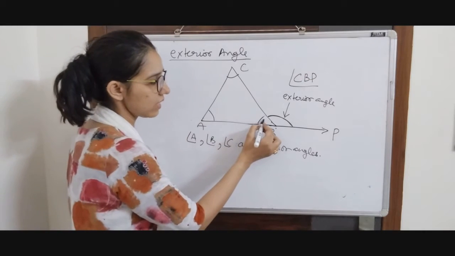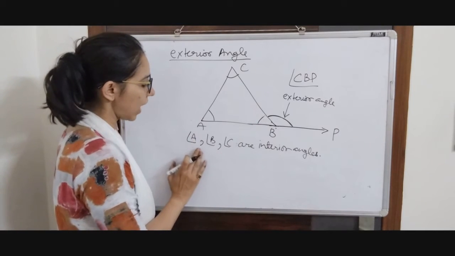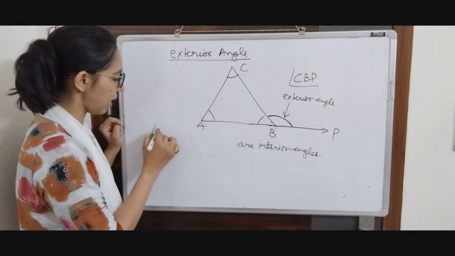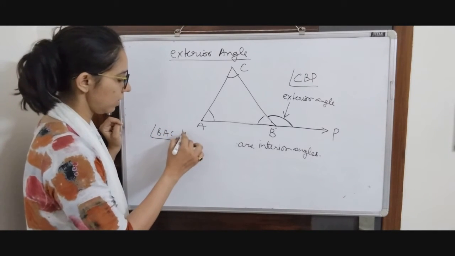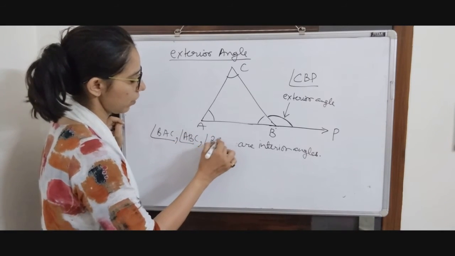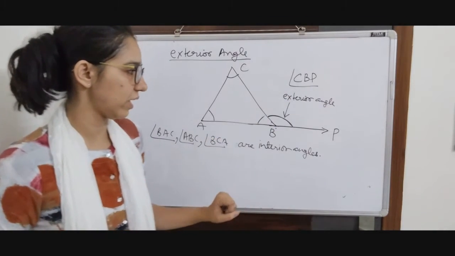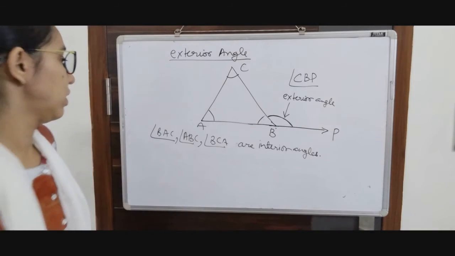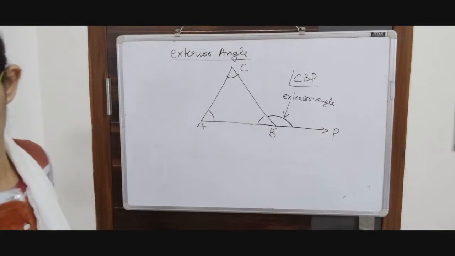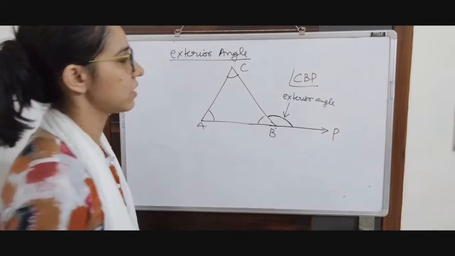Now if we write this angle as angle B, this is also at point B, so there is some ambiguity. So rather than writing these angles as angle A, angle B, angle C, we are now going to write them as angle BAC, angle ABC, and angle ACB, so there is no ambiguity. These are interior angles of the triangle. This is an exterior angle of the triangle. How many exterior angles are there? There are going to be 6 exterior angles in fact, but that we will discuss later on.